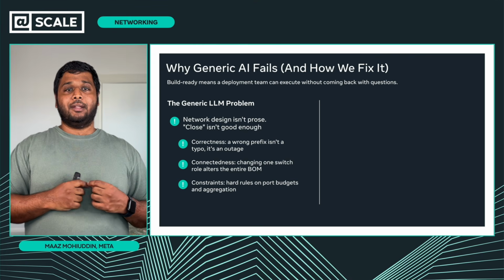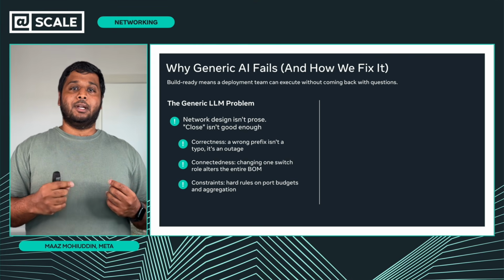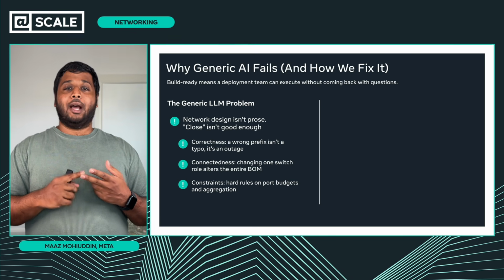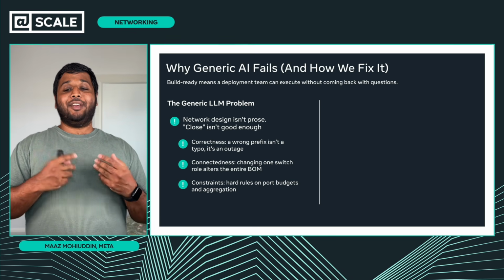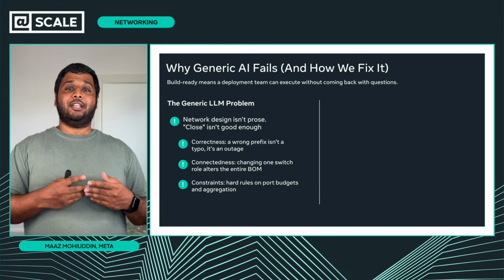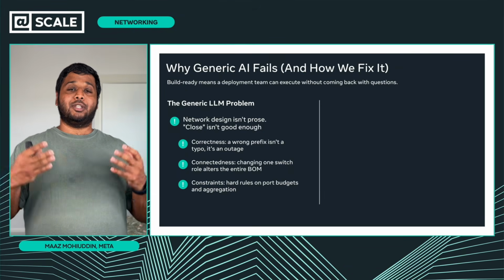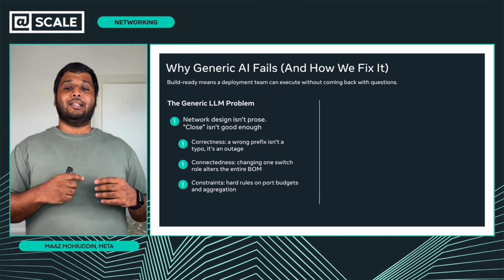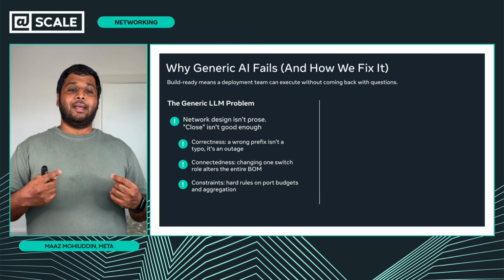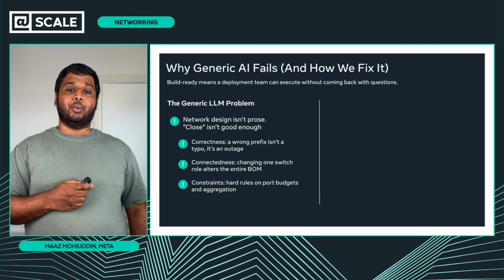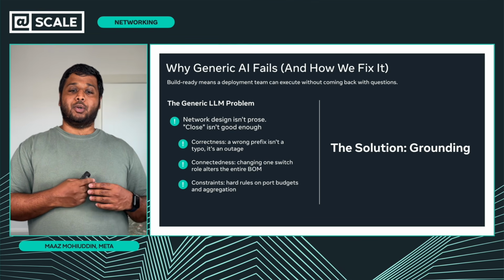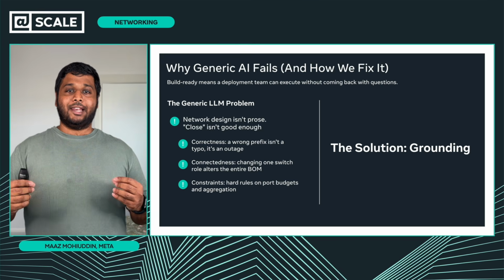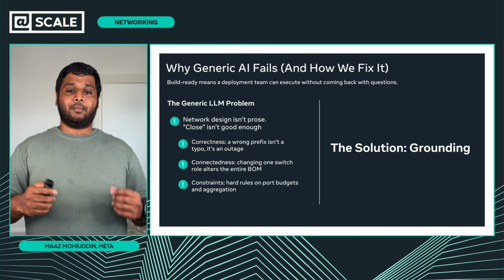But here's the opening. The problem has some rules: port budgets on devices, aggregation logic and routing, hardware limits on platforms. If we can teach these things to AI and teach it how to check this using deterministic code, kind of like integration tests, then the whole thing changes. By the end of this talk, I'll show you how we do this with our secret sauce, that is grounding. Grounding these agents in reality so that they don't hallucinate.